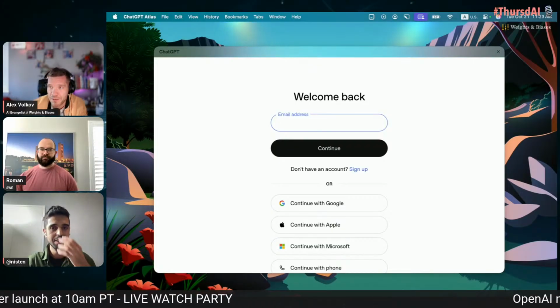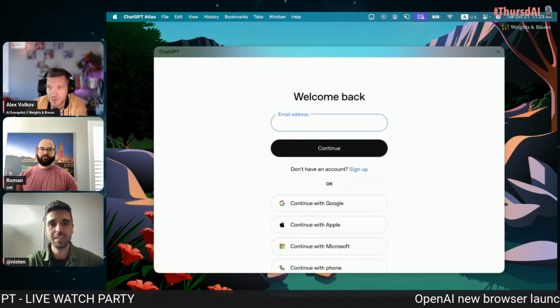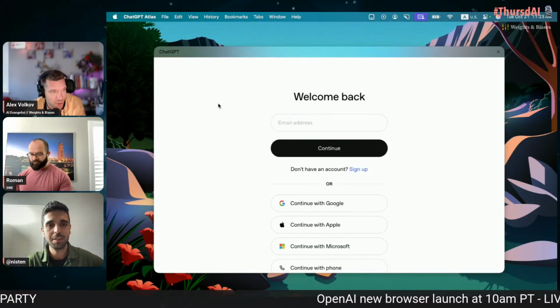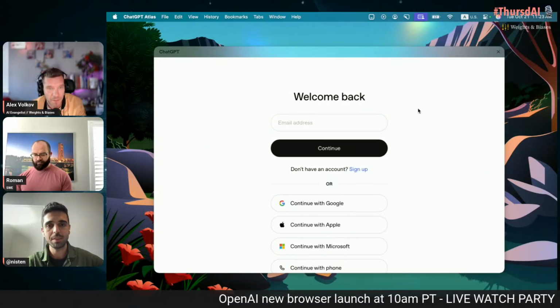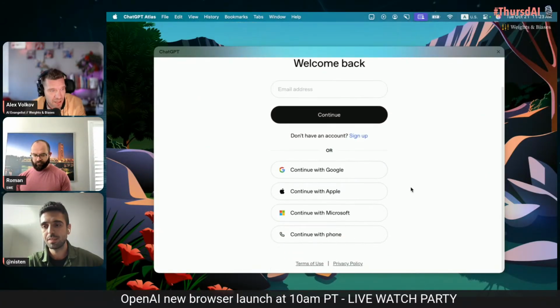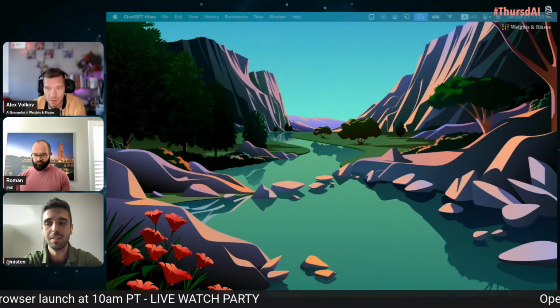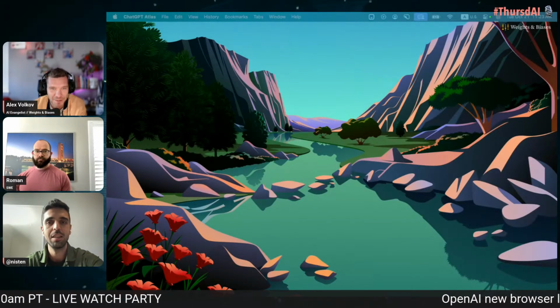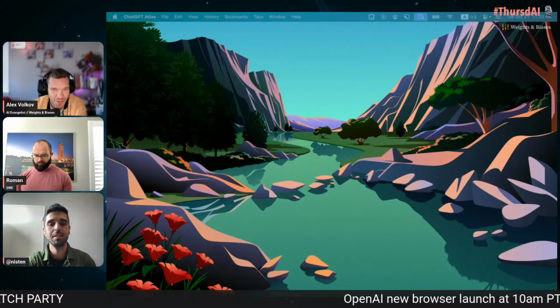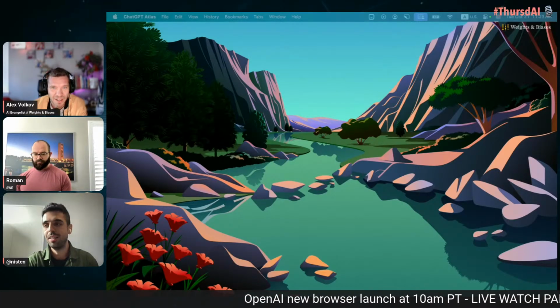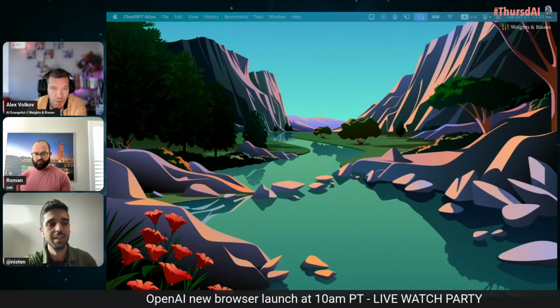It also asked me for permissions for notifications, which is very important because I want the agents to actually be able to authenticate. I'm logging in with Google, so I'm not going to show you this. I also don't have 1Password in there, but I'm going to do the login super quick and then come back to you. Meanwhile,